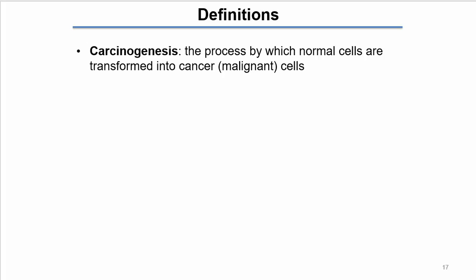The cells are reacting first metaplastically and dysplastically, and then they go further, and so these normal cells become cancer cells. And really what they're trying to do is they're trying to become stem cells